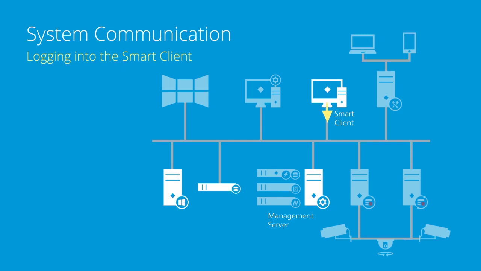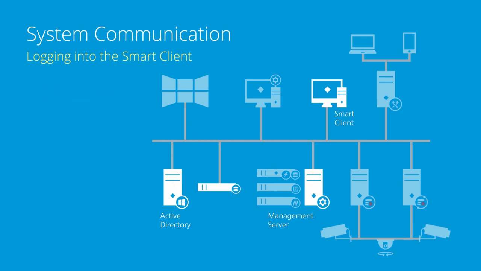For Windows and Active Directory users, the XProtect Smart Client connects to the management server using HTTP on port 80 and attempts to log in. For basic users and Windows users, authentication takes place on the management server. For Active Directory users, the management server contacts Active Directory to authenticate the user.